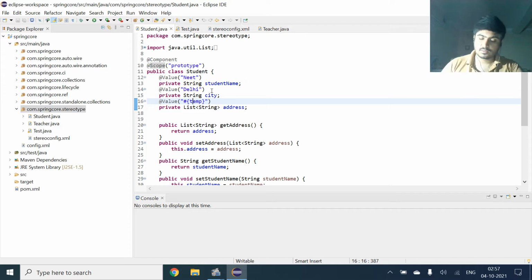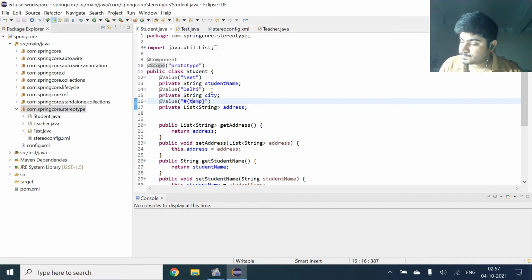SpEL supports parsing and executing expressions.